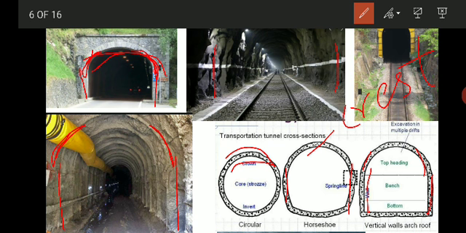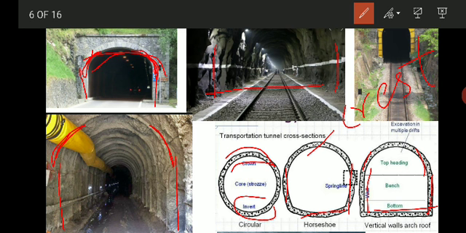Then the next is the floor. The floor is the ground or the bottom of the tunnel. It is the base of the tunnel which is flat and on which the traffic or the fluid moves along with continuous contact. That is called the floor, or it is also called the invert. The other word for floor is invert. The strength of the floor is controlled by the nature of the underlying rocks.